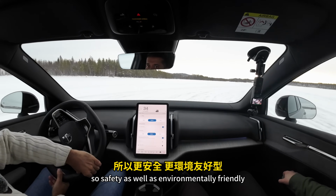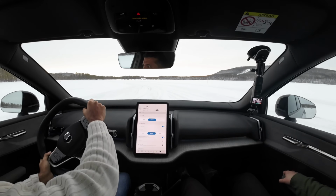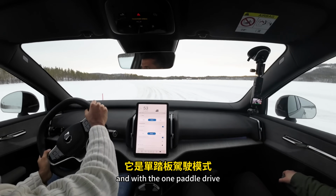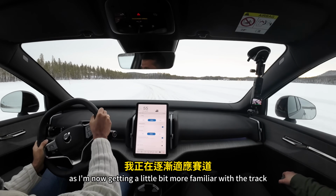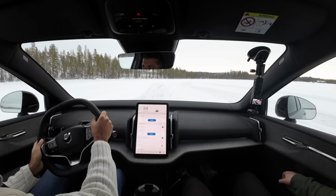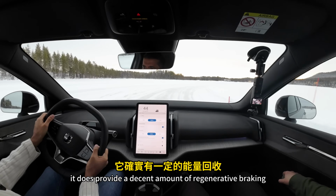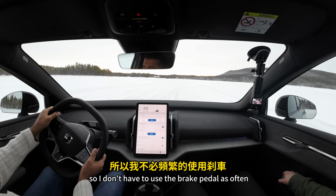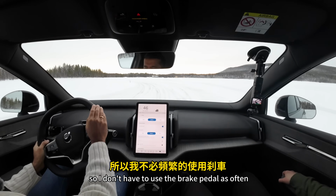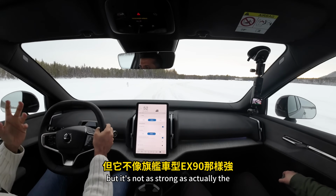Safety as well as environmentally friendly. And with the one-pedal drive, you know, it's really fun as I'm now getting a little bit more familiar with the track, because it does provide a decent amount of regenerative braking, so I don't have to use the brake pedal as often, but it's not as strong as actually